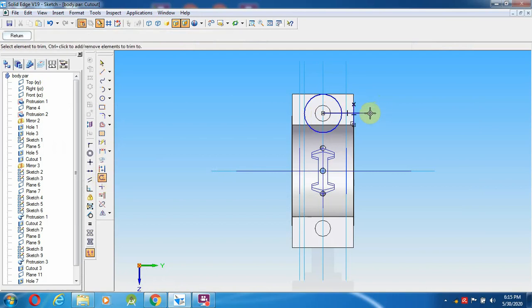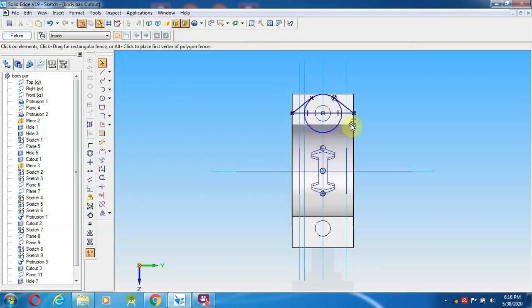Go to the option called trim. Now select a line from here, and I am going to make a tangent to that particular line. In the same manner, I am going to do it over here also, from the middle, it's tangent to this one.